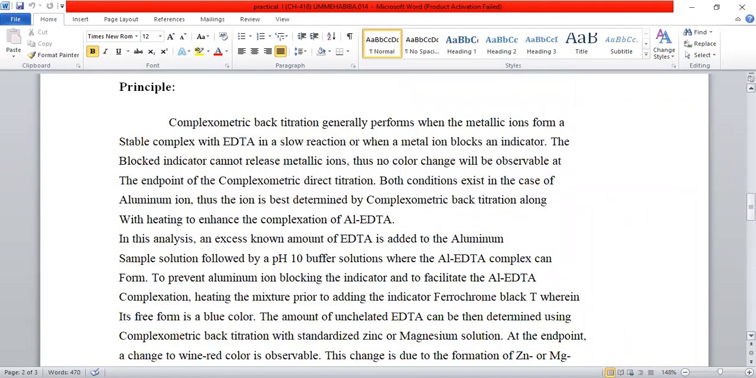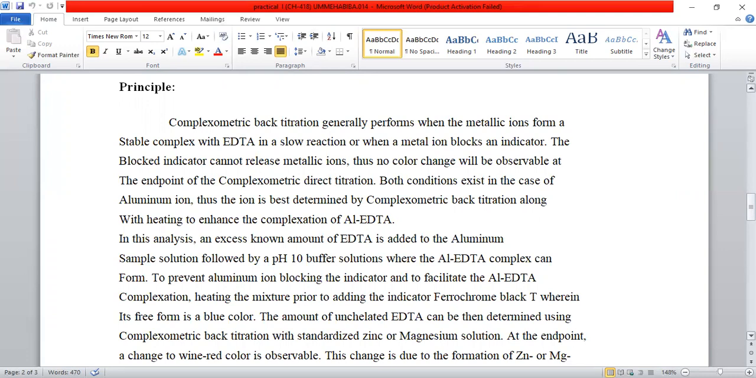Here you can see the principle of this practical. Complexometric back titration is generally performed when the metallic ions form a stable complex with EDTA in a slow reaction, or when a metal ion blocks an indicator. The blocked indicator cannot release metallic ions, thus no color change will be observable at the endpoint of complexometric direct titration. Both conditions exist in the case of the aluminium ion. Thus, the ion is best determined by complexometric back titration along with heating to enhance the complexation of aluminium